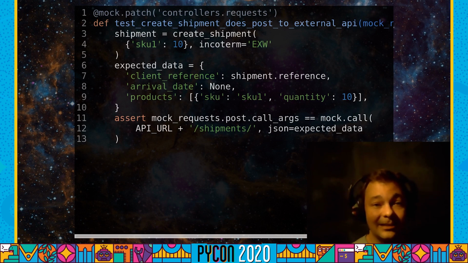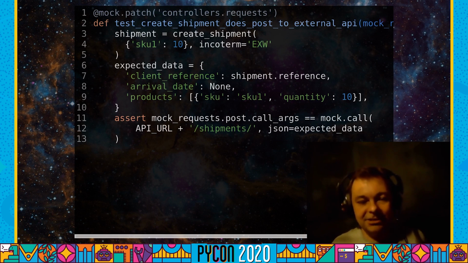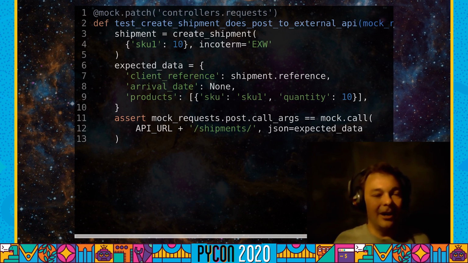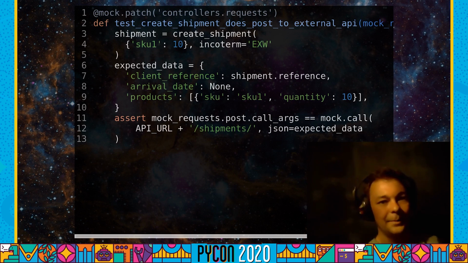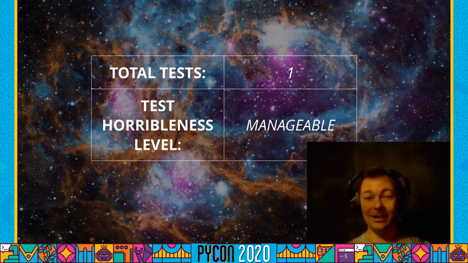So for the duration of this test, mock.patch will stop requests from calling out. And so when I call my create shipment function, I can set some assertions about what the expected data should be, and then I can say that I should be calling requests.post with certain call arguments. So that's what my tests look like if I use patch and a mock. So far, so good. All right, so I had my requirement.